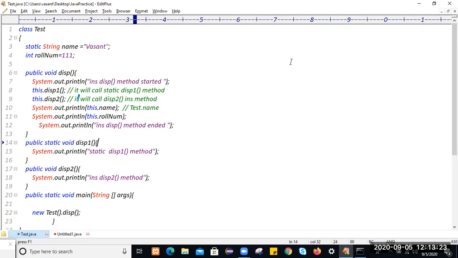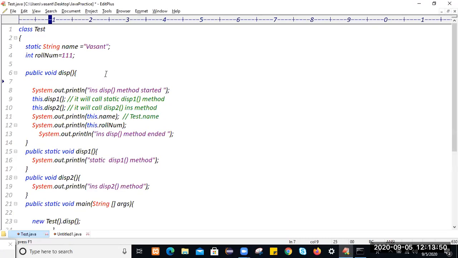Okay, write down. We can access static as well as instance members of the class by using this keyword, only within instance area.